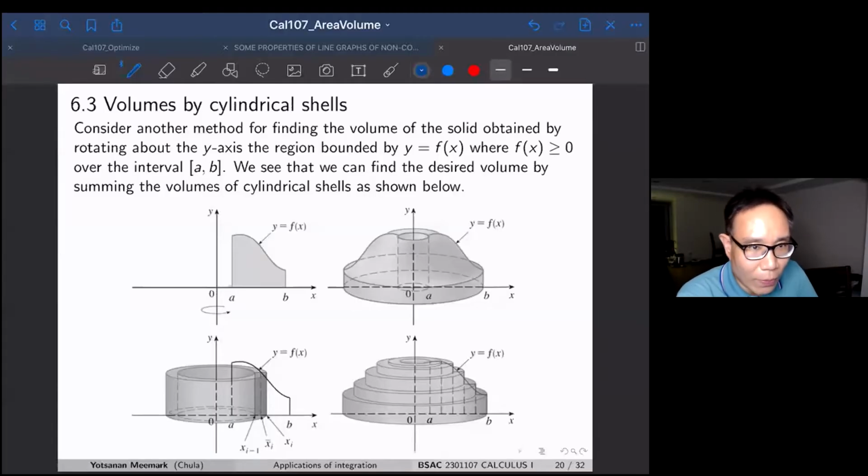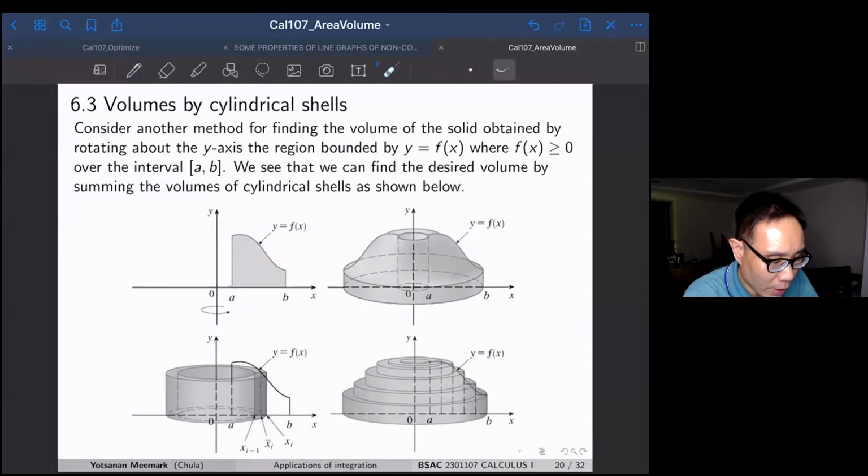The last topic about computing the volume of a solid is another technique called the method of cylindrical shells. We're going to consider another method for finding the volume of the solid. It's the solid obtained from the region under the curve y = f(x) over the interval [a, b], which you are rotating